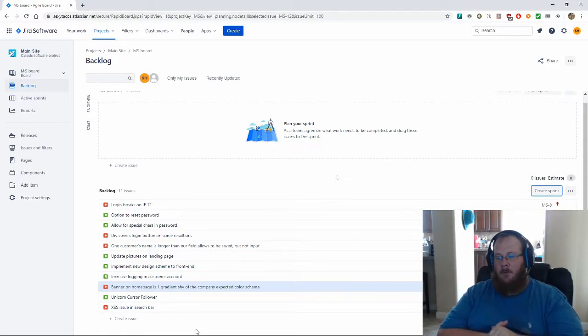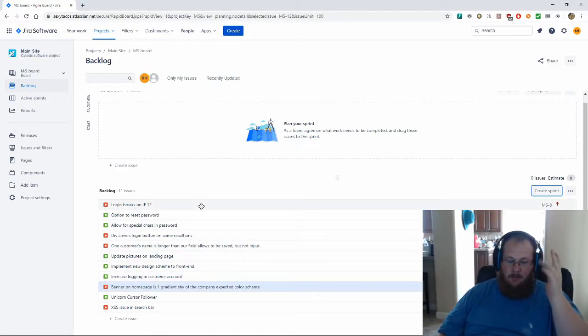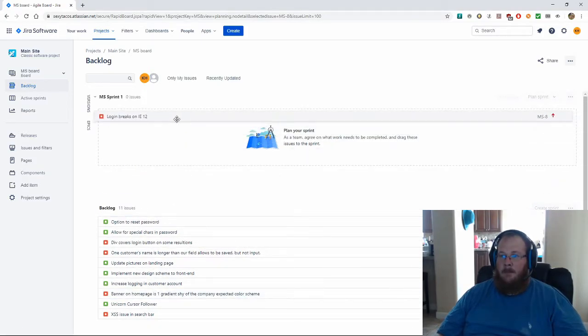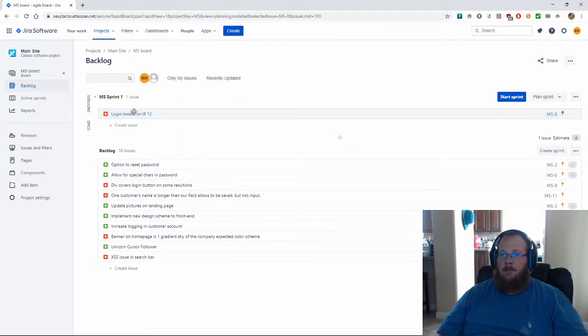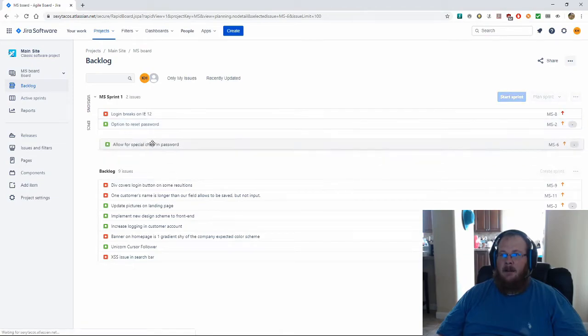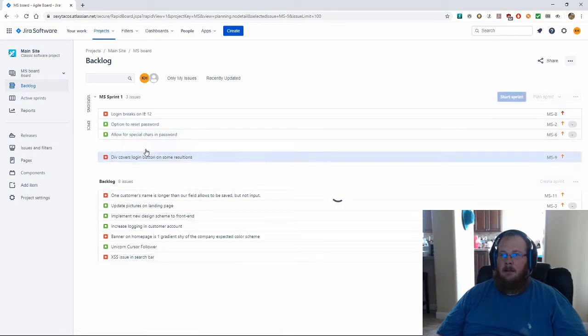Okay, so as they're talking about it, each of these is being assigned a different number, and the project manager then goes, okay, well, we need to put this one in, because it's an outstanding bug that is a big problem, and we need to get that taken care of. This is obviously